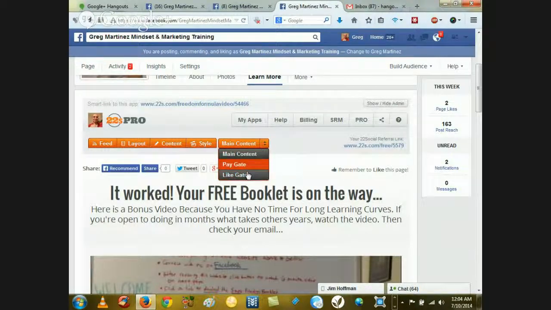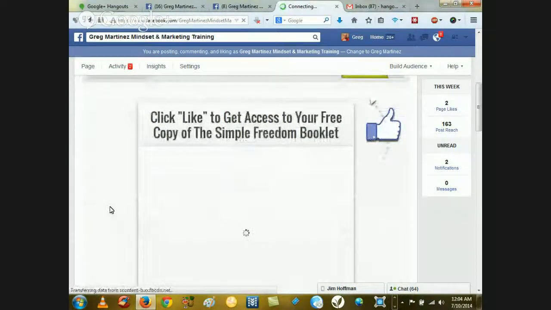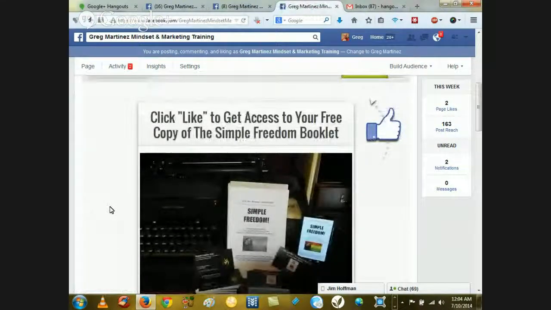There's even a pay gate. Okay, that's what a like gate and a pay gate are, a little bit different. I'm going to show you what the like gate looks like real quick. So if they have not liked my Facebook fan page, they're going to become somebody who,